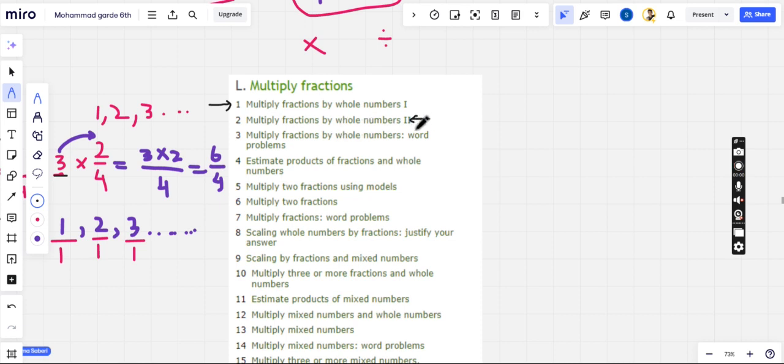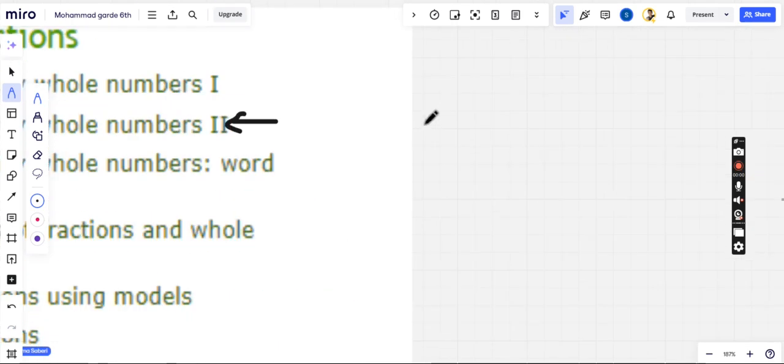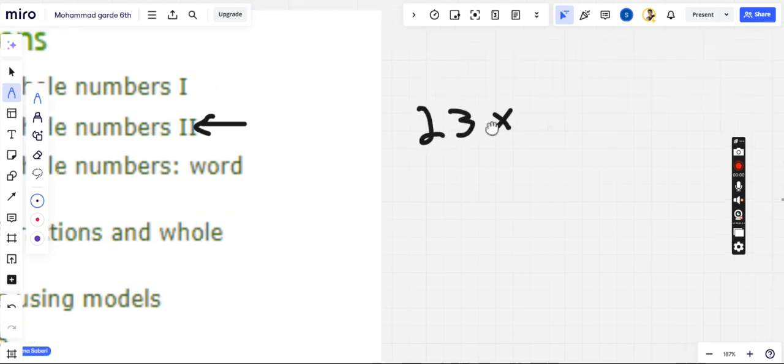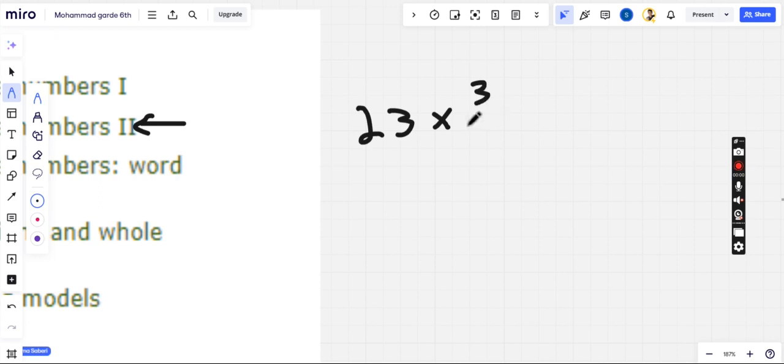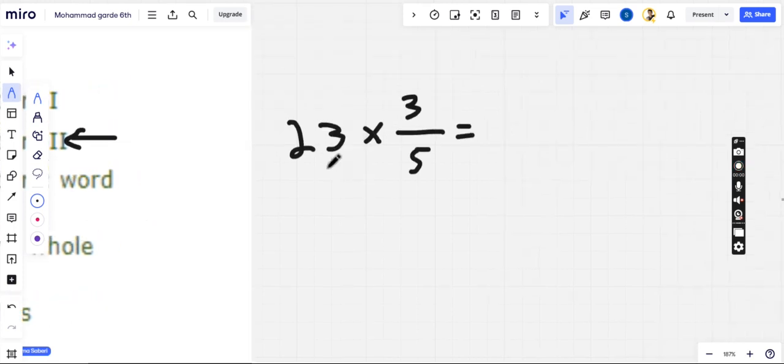So this is the same question. For example, if we have 23 times 3 over 6, how do we simplify it? So dear, actually let me change the denominator: 3 over 5. Okay, let me make it difficult. So we use the same rule. We multiply 23 times 3 over 5. The denominator